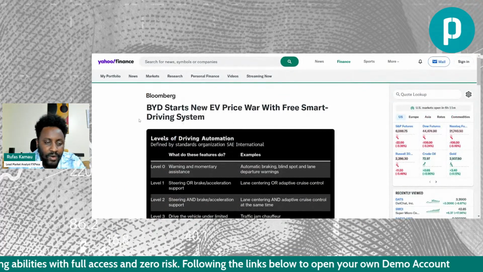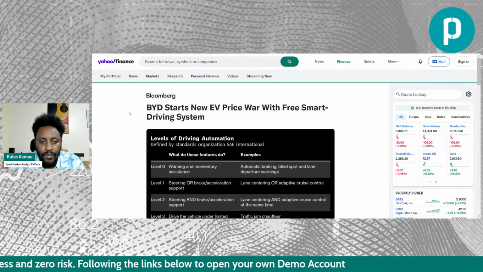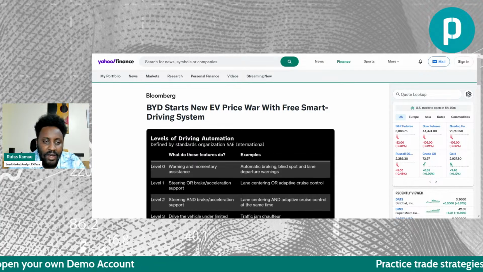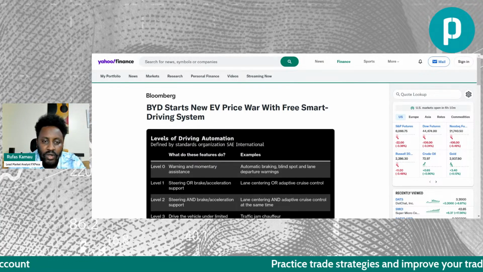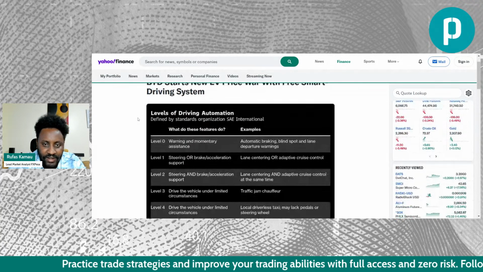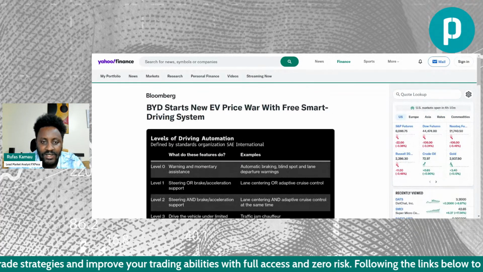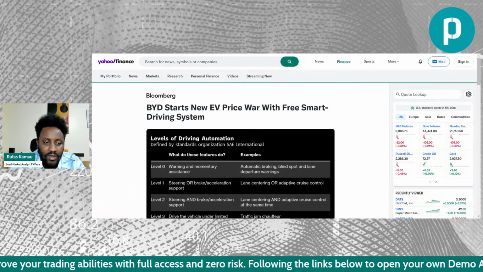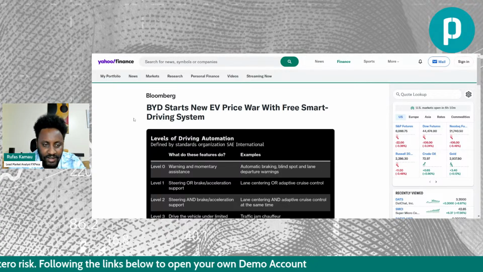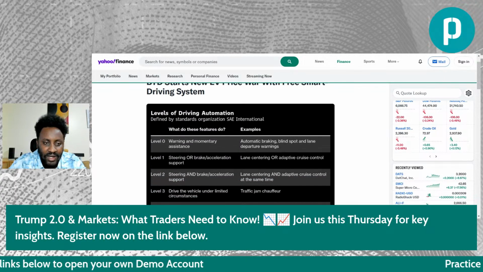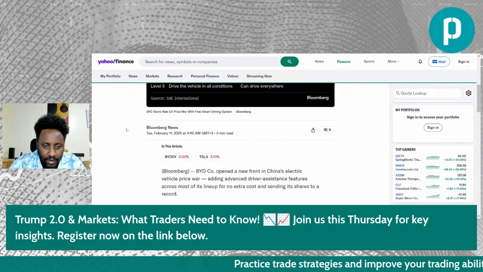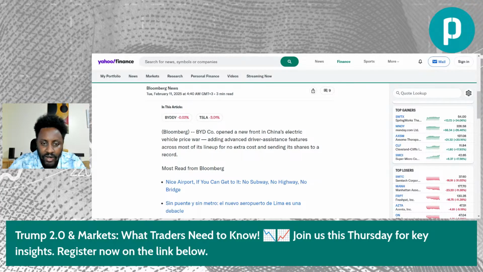We also have an update from BYD. So BYD is currently the top electric vehicle manufacturer in China, has already overtaken Tesla. And now they got into a new EV price war with a free smart driving system. So we know that companies that have been providing smart driving systems, such as Tesla, have been doing it for a fee, but now they are providing it free of charge, basically giving them a competitive advantage. So it's big news in the EV industry, and we could be seeing more activity in the industry and the stocks today. So BYD opened a new front in China's electric